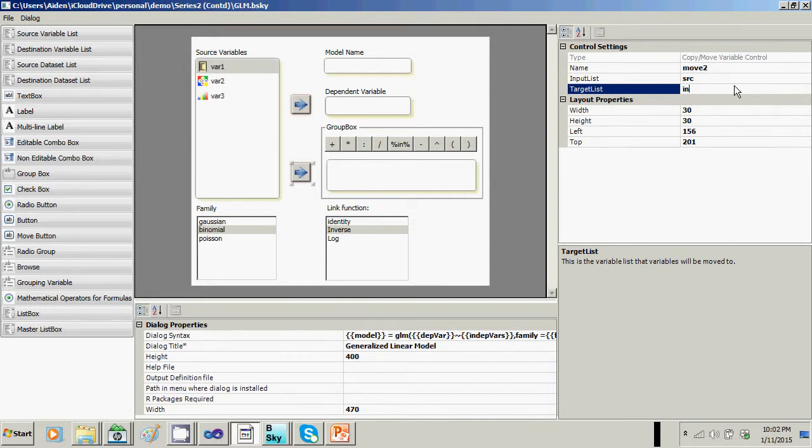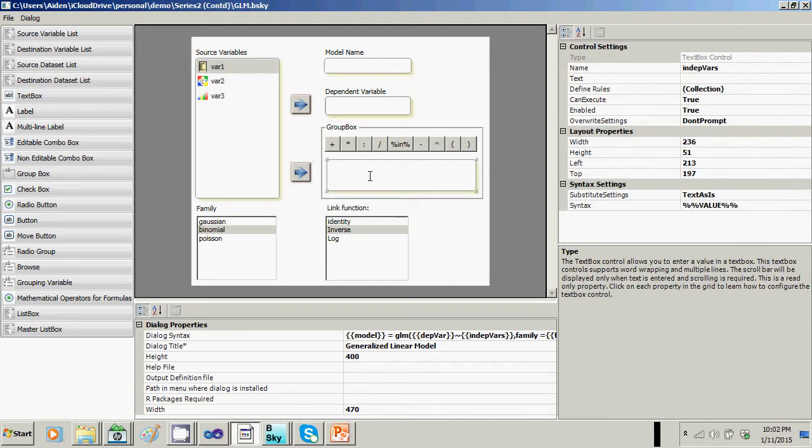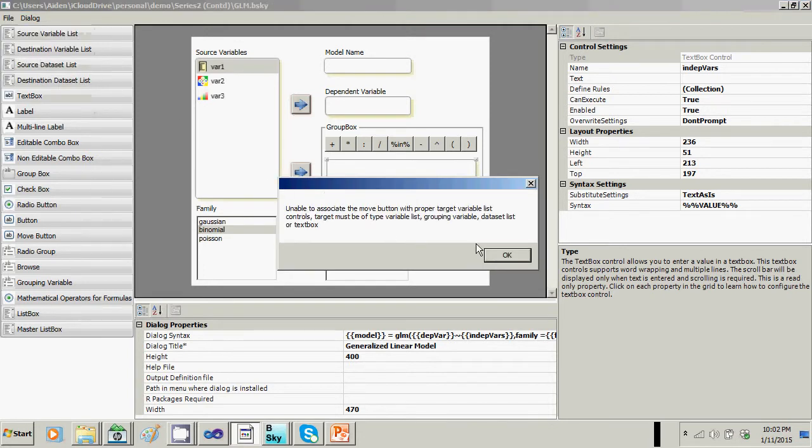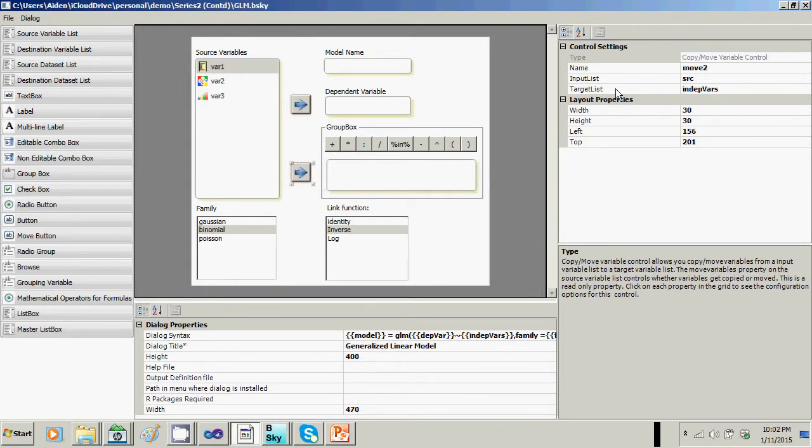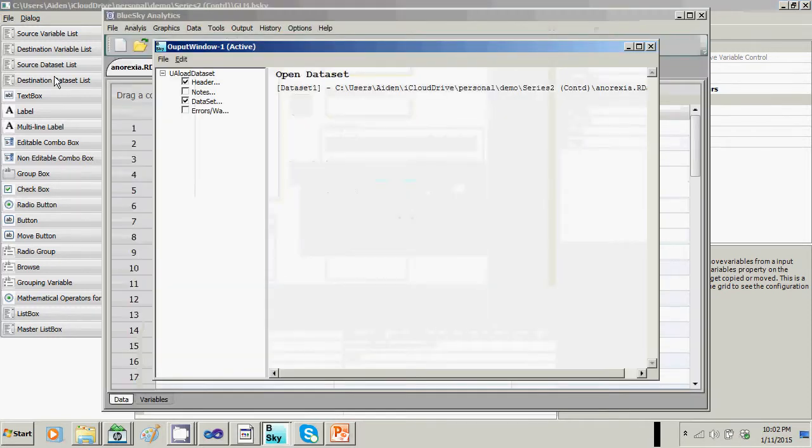Hopefully that does it. Yep, that does it. I just needed to enter that name again, and I will save it. Unable to associate the move button with the proper target variable list control. Targets must be of type. Okay, so I've got a small bug here, but you get the point. I will definitely address this, but that's how it works, and you can see the dialog working perfectly well here